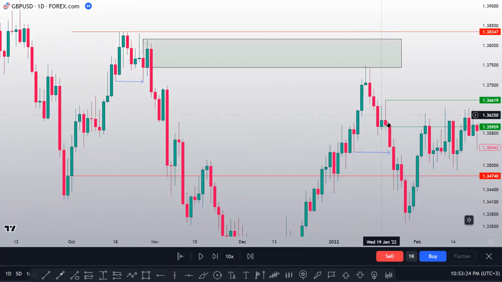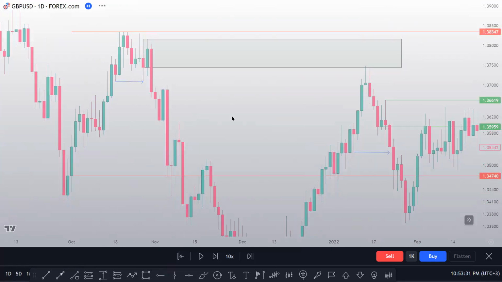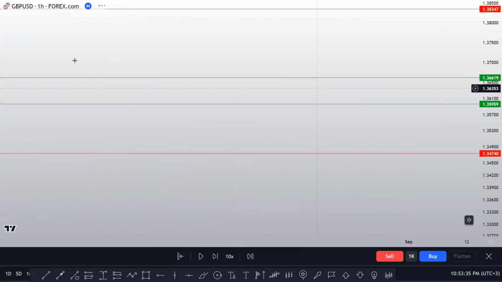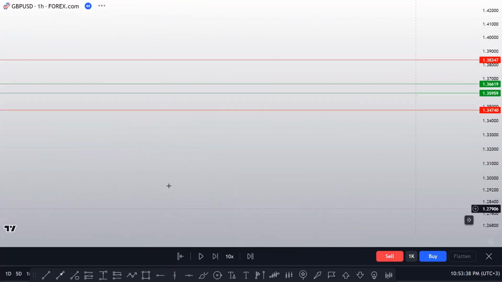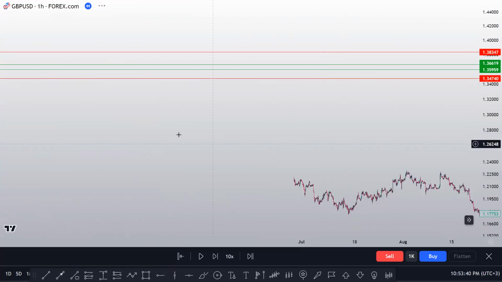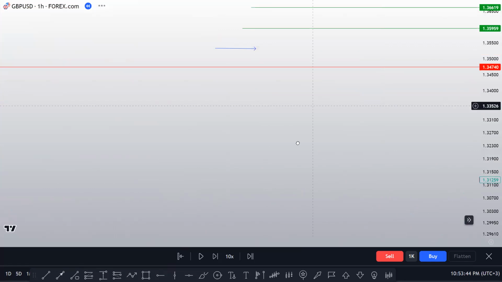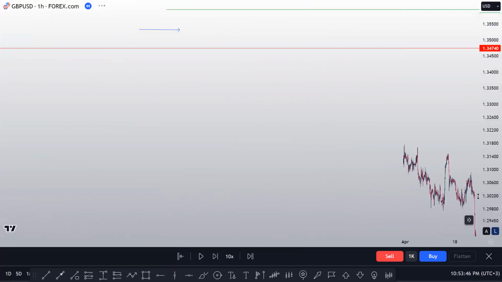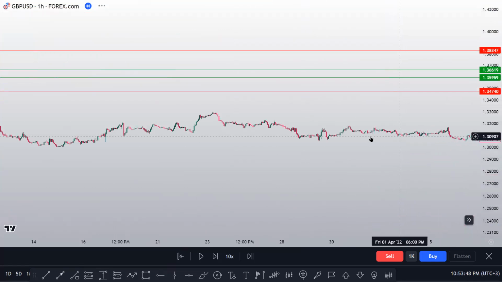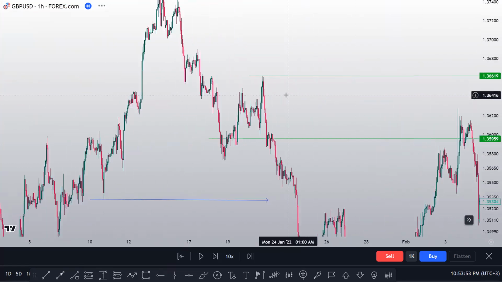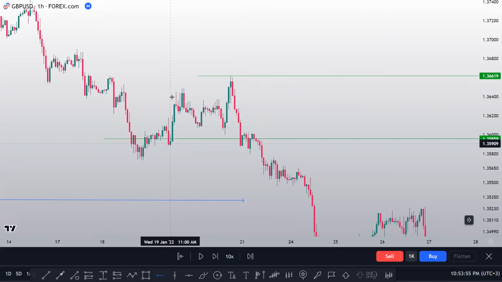I'm going to this zone now to find my liquidity engineering. So I'm going to the 1 hour time frame to find my liquidity engineering. So on the 1 hour time frame, just try to go and look at what happened. Let's try to go and observe. So if I come here on the 1 hour time frame, I don't know, it's the network issue or what. Let me try to, yeah. So if I come to the 1 hour time frame now to find my liquidity engineering, this was my liquidity engineering,